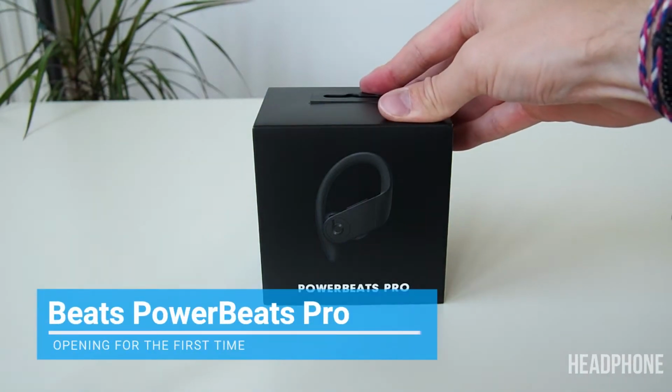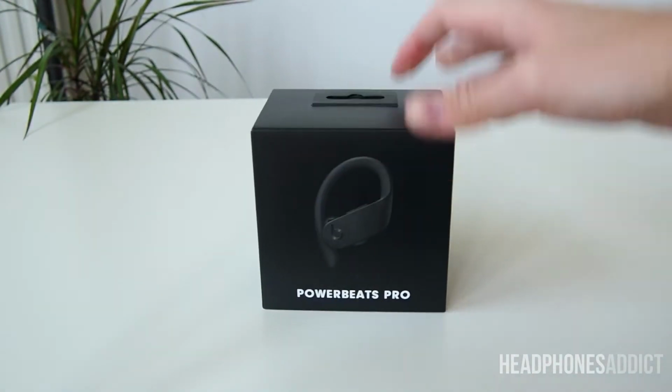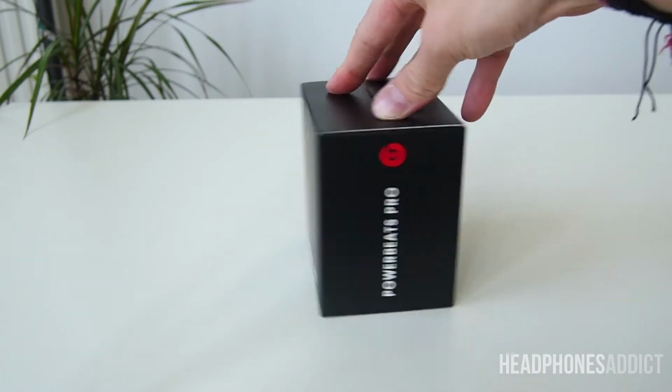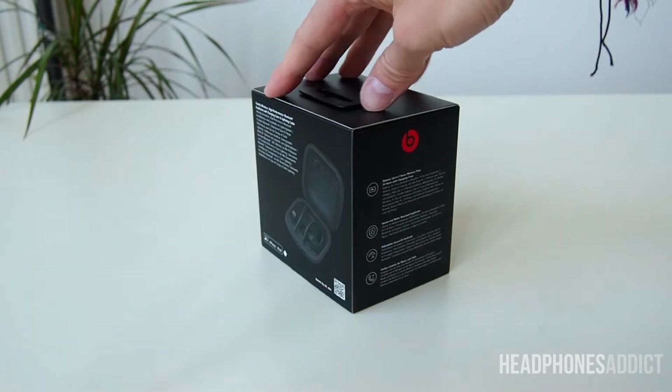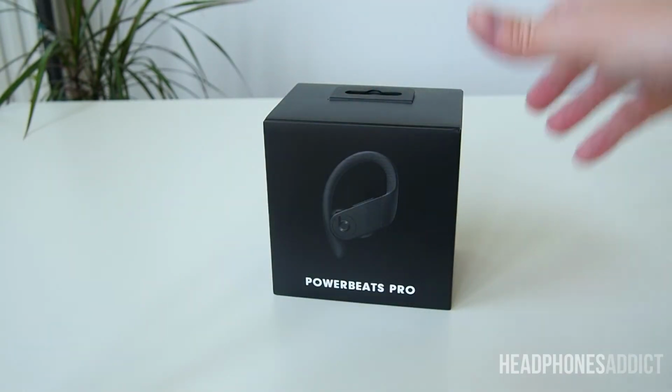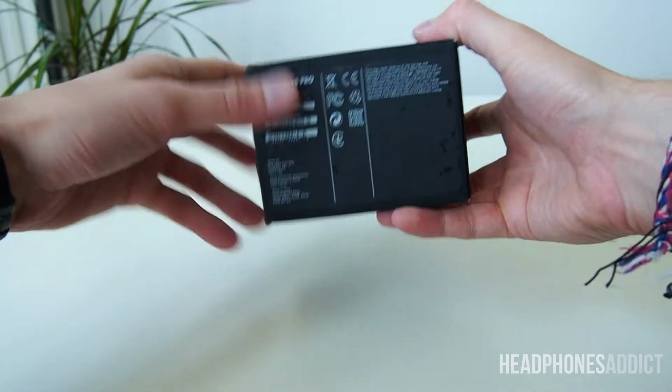This is a quick unboxing video of the Beats PowerBeats Pro. These are the latest sports headphones from Beats. They come in a true wireless design and have a near hook design and water protection. So let's see if we can